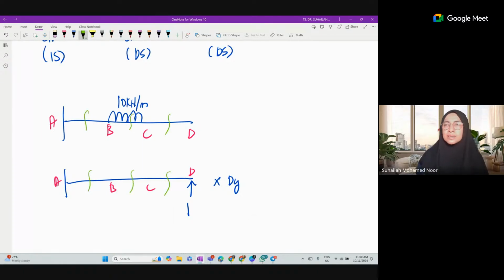Okay, my question is, if this one is primary structure, primary beam, it is cantilever beam, and another one is redundant beam,